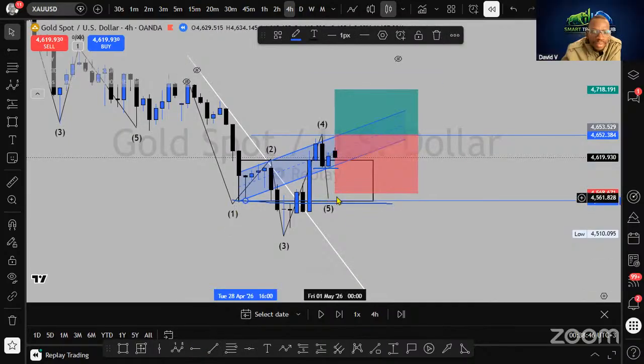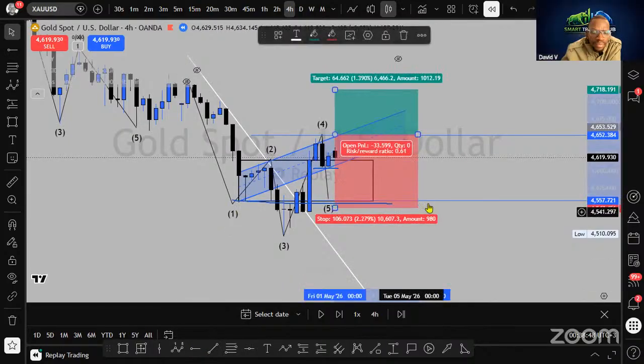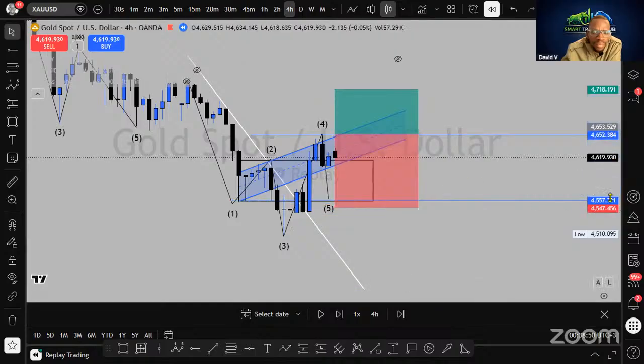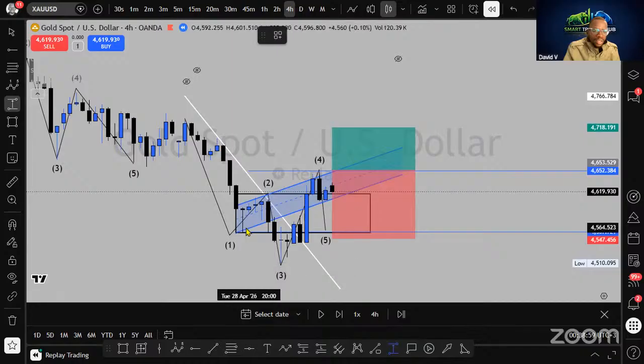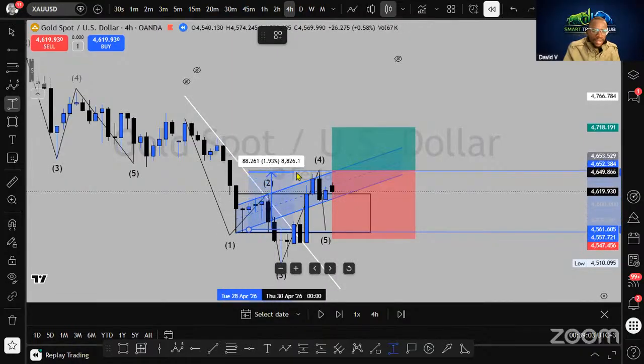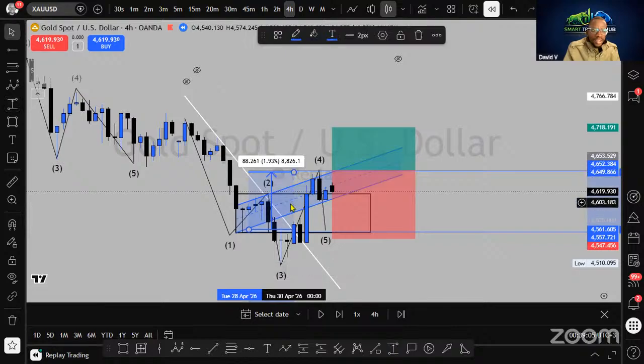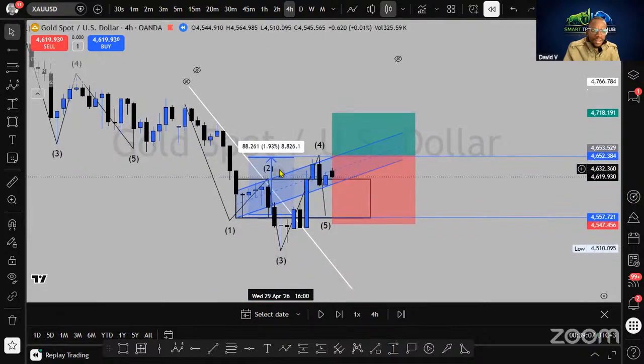Below this one. Now, do we wait for break and retest or do we just take it? So let's measure. Let's just first measure from our thing to the thing, and then